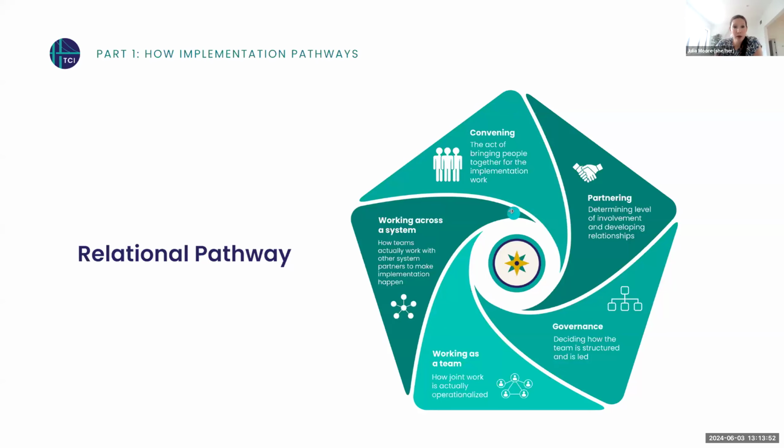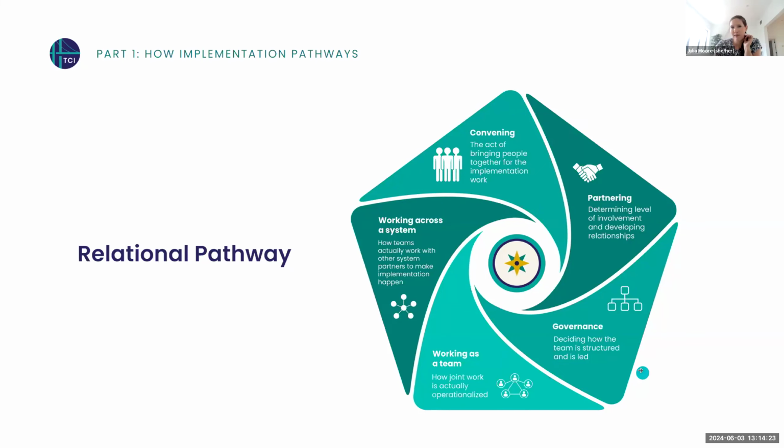We convene people, the act of bringing people together. So right now we are literally convening people, but probably all of you convene people for a variety of different reasons in the work that you're doing. When we bring people together, it's really good to define how we are partnering together. So we're determining the different levels of involvement that people have. And there are lots of great spectrums, for example, that categorize or group different ways that we might involve people.